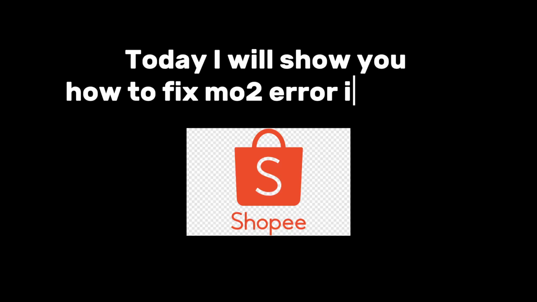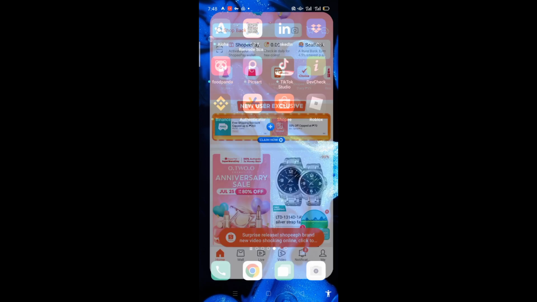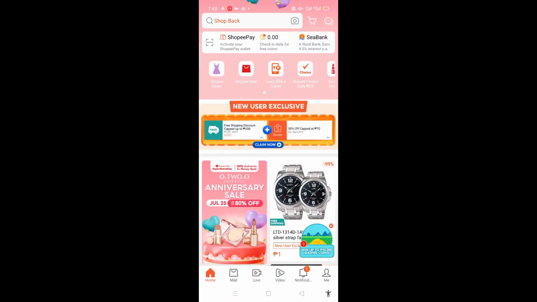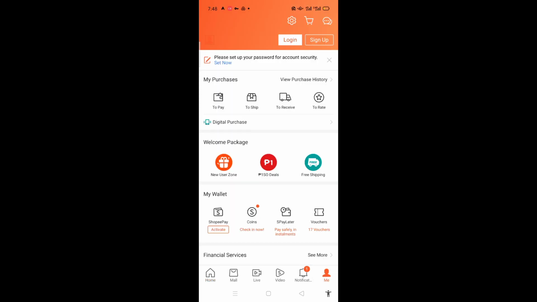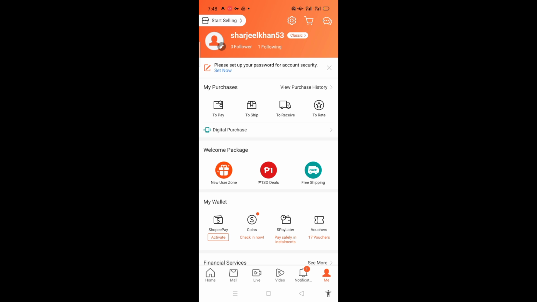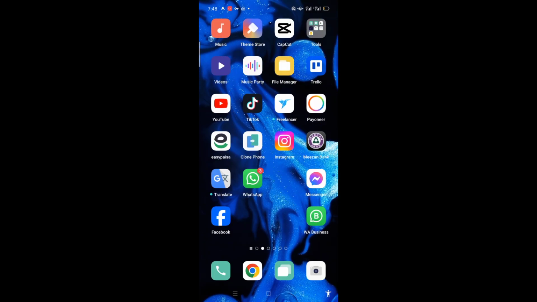Today I will show you how to fix the mo2 error in Shopee. For this, you will have to just open the Shopee app. Here I will teach you how to fix this mo2 error. You will have to just go back to the home screen. You will have to just close this app and go back, and now you will have